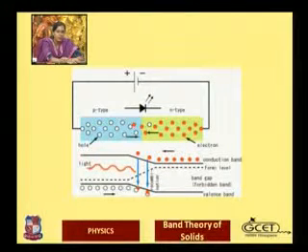Now we can have the basic construction here. It is nothing but a PN junction diode, but it is actually a heterojunction type PN junction diode. That means the doping concentration is very important when one wants to form the LED.